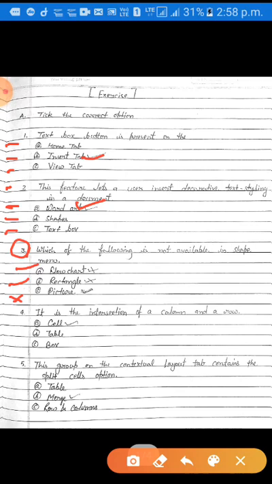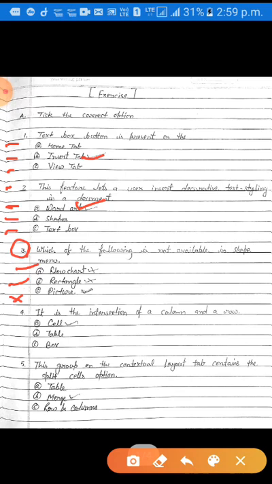Next, question number 4 is it is a intersection of a column and row. Dear student, there are 3 options. You can see option number A is cell, option number B is table, and option number C is box.